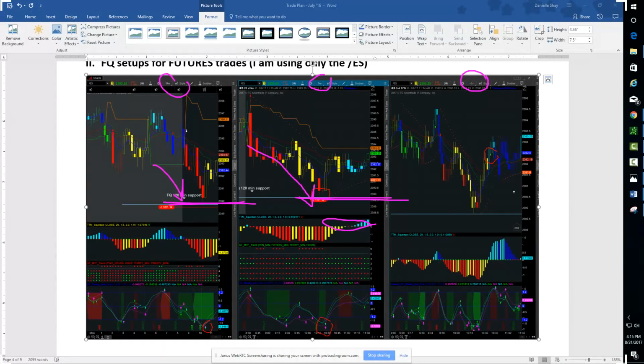In this instance, we were trending down into this 120-minute support, but this 120-minute support is very strong, and it tends to be indicative of the overall larger trend. Anyways, I was using this level here, and for my entry, I use the Ready Aim Fire on the 5-minute and on the 15-minute, and it has to be in confluence at the same time.